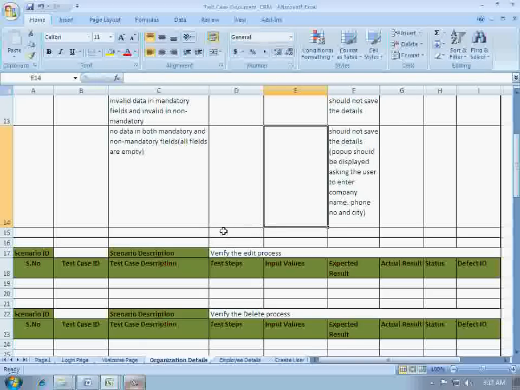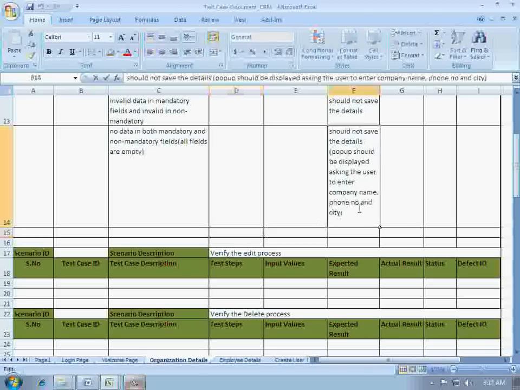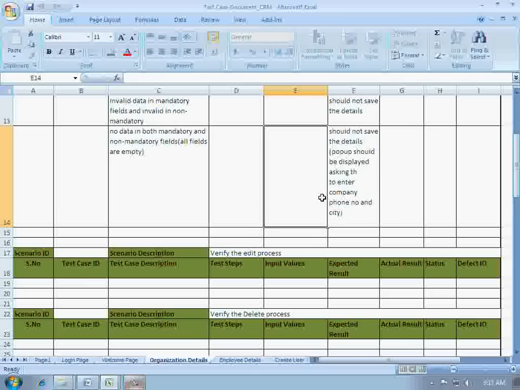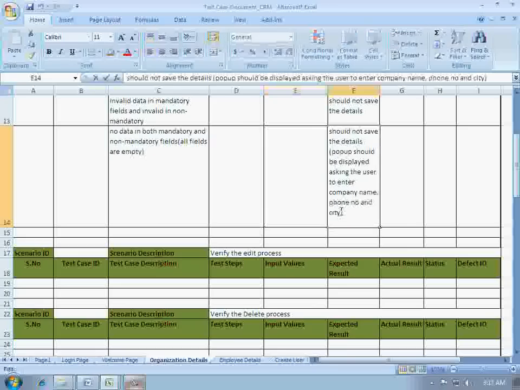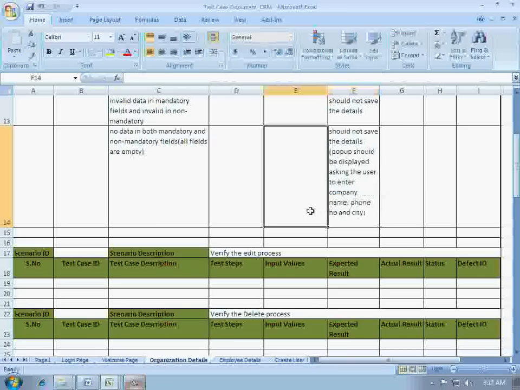If you click on save button there, then this pop-up should display two messages now, that is enter phone number and enter city, because at times what happens, first we had three messages displayed in a pop-up, right? So sometimes if you give company name and click on save button, some validations might get lost. So the phone number might not be displayed on the pop-up, or the city might not be displayed on the pop-up. So that is also one good check.